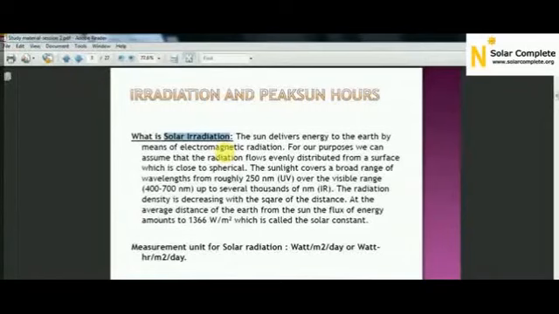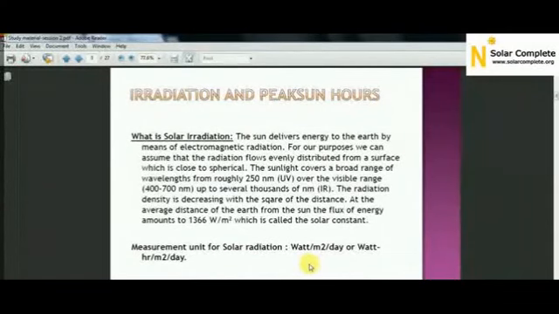Okay, as you can see here, the measurement unit is watt per meter square per day or watt hour per meter square per day. I will be coming to both of the units. There is a difference between the two: in one unit there is watt, in the other there is watt hour. Okay, so it is very important to know the difference. As I told you earlier, there are two parameters. One is solar radiation, also called solar irradiation or solar energy, and another concept is solar power. I will first talk about solar power.